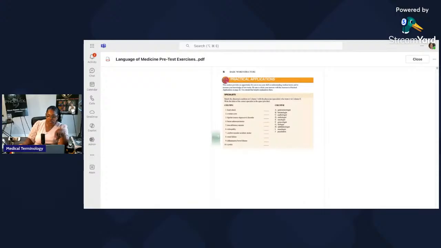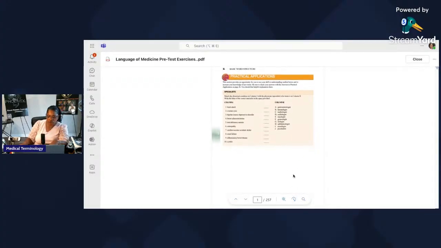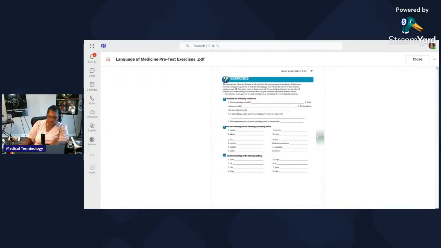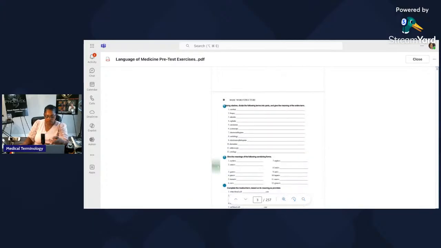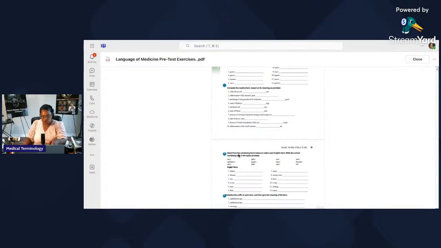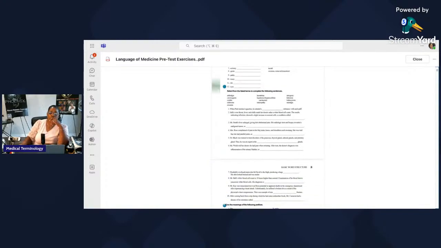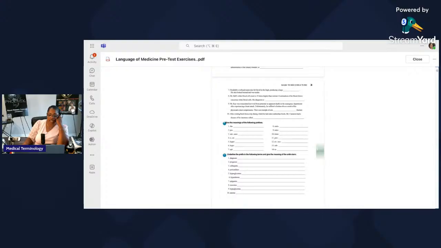This is the quickest way I can show you real quick. Again, you can go to elsevier.com, and once you get that book, these are your exercises. All of your exercises will be in there. You see this? This is chapter 1, basic word structure. You should be reading chapter 1 and then doing this exercise. Still basic word structure, you should be doing this exercise. You can get this book again at elsevier.com.